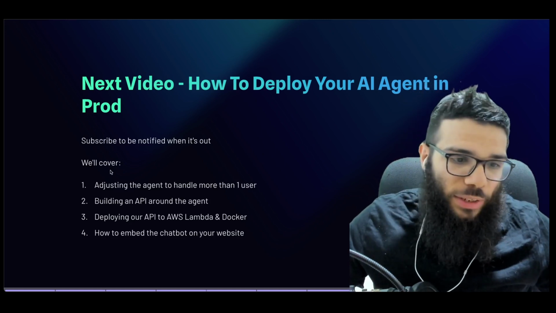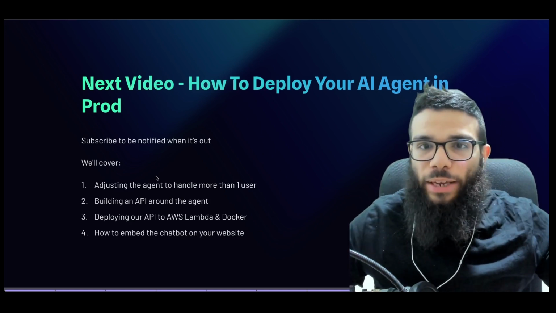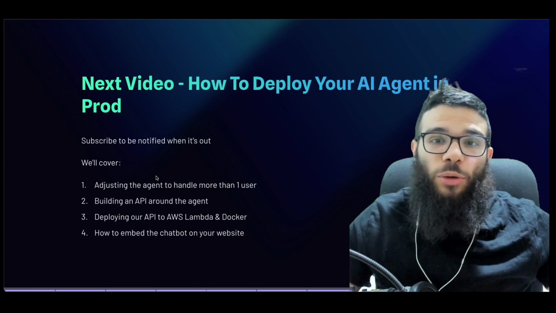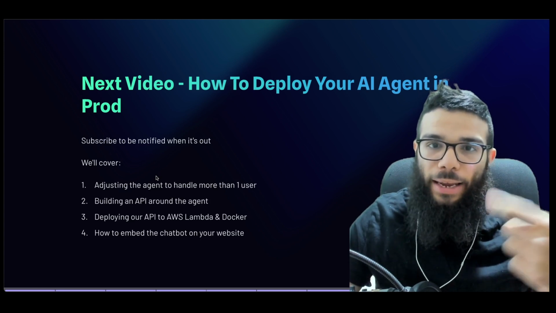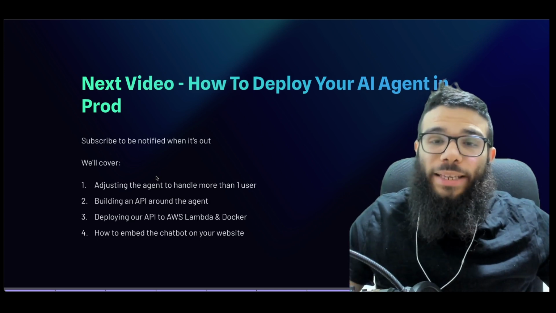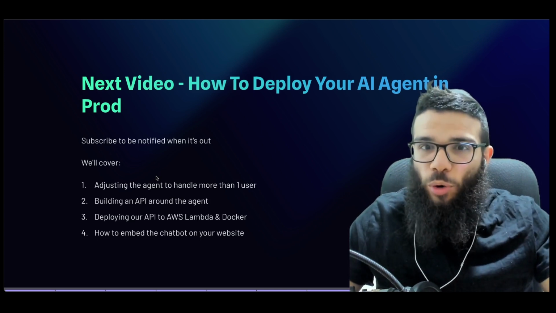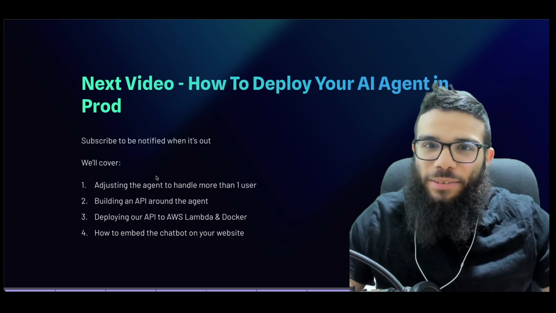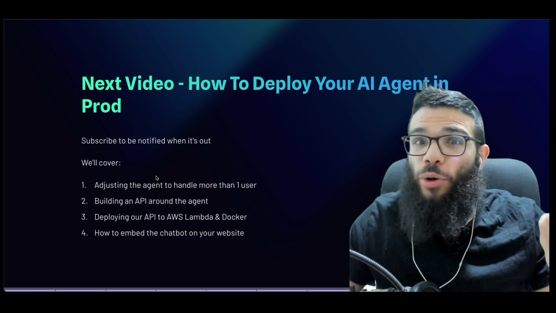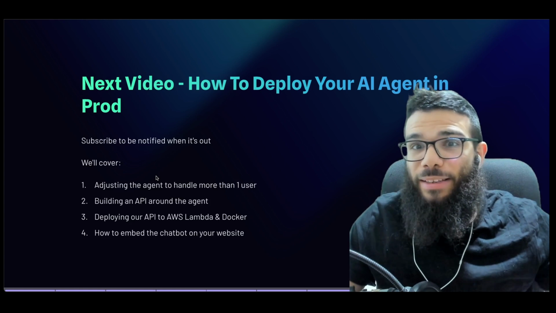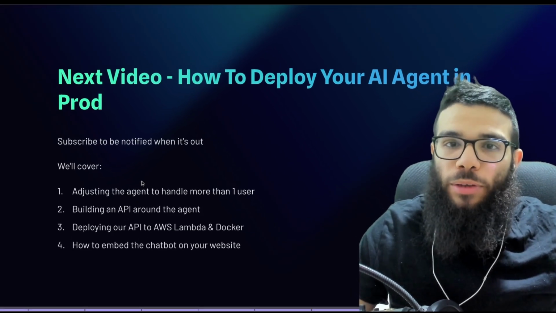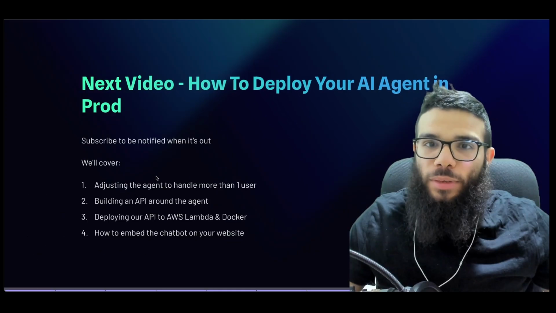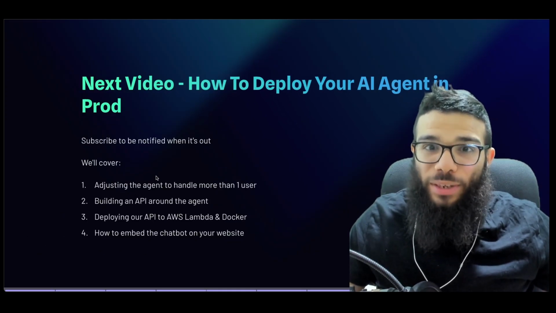And what we are gonna cover in this video is we're gonna adjust this agent to handle not just one user. We will see how to build an API around this agent, then deploy this agent and API with AWS Lambda and Docker. And finally, now I showed you some console and CLI, and users cannot really use it. We'll show you how you can take this agent and embed it in your website or the client's websites, and then it will be able to serve customer requests in production, in real life, with the systems that we